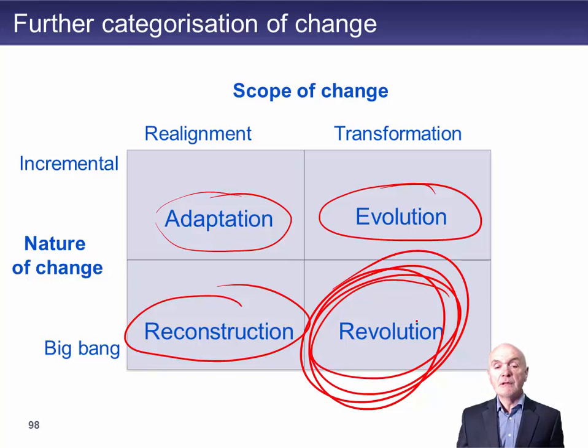How do you remember these four names in here? Well, there's actually 8 names here. Well, there's incremental and big bang. I think that's okay. It's kind of slow or quick is really what we're saying, the nature of change. Scope of change or realignment just means, if you think of it, realigning maybe the heading of a boat, it's maybe making a very slight change, slight adjustment. Transformation implies everything's going to be changed, okay?